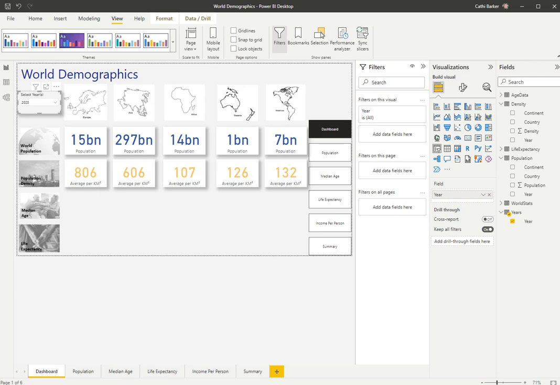Now, a really good way to organize detailed data into rows and columns is to use tables, and mainly into rows. You'll be familiar with tables from other applications like Word and like Excel, even PowerPoint. So I want to create some tables of data, and I'm thinking what I'd like to do is create a table actually on the population page. So if I go to the page called population down here,